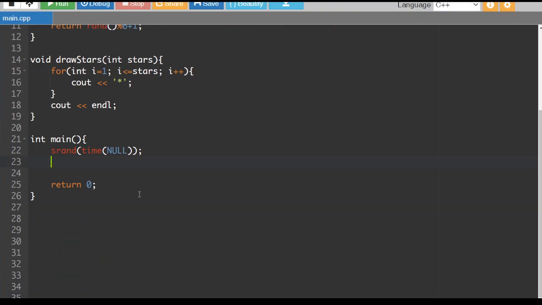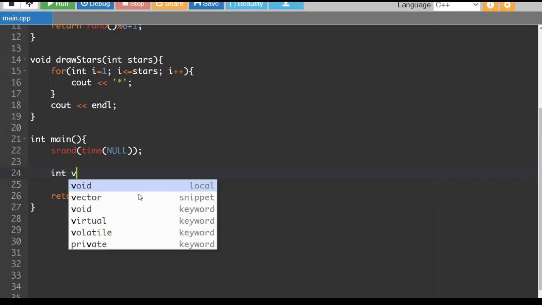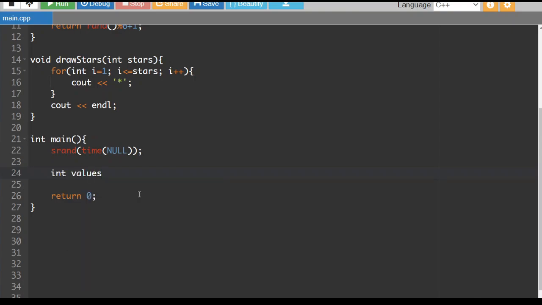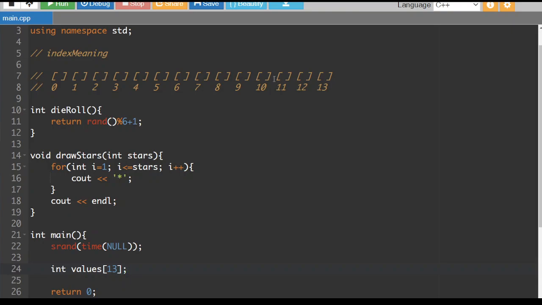So in the main program, what we're going to start with is the creation of our array. So values, and we'll put the number 13 here. So this is going to have 13 values in it, and I'll show you at the top. So this is actually an incorrect design of this. So if it has 13 values, it does not end at the number 13. So I can wipe this out. So this isn't real. We have 13 positions, 1, 2, 3, 4, 5, 6, 7, 8, 9, 10, 11, 12,